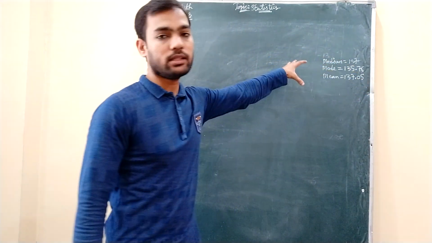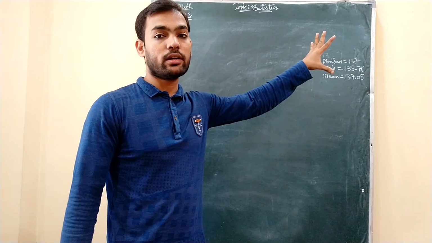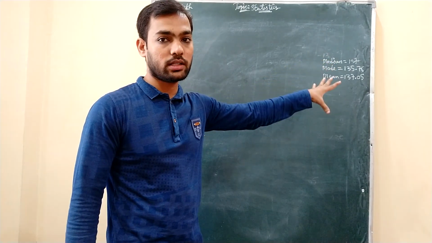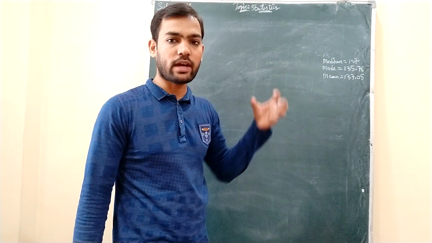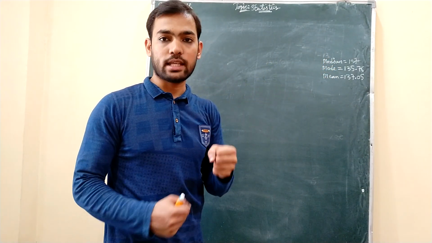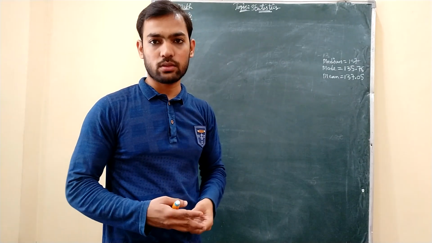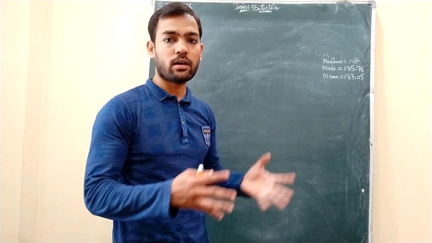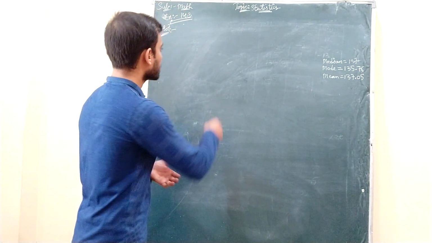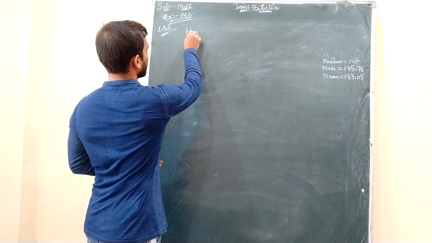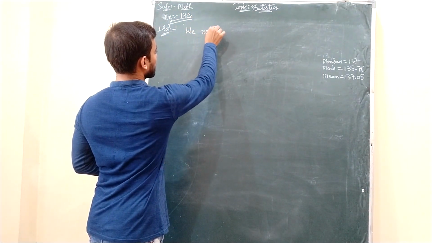So by seeing this we can say that here we are not writing interpretation, we are comparing all the 3 measures. So if you notice that, you can find it that approximately they are same only. 136 is nearest to 137, so that is the reason they are approximately same. That only we need to write. So we will write at last, we noticed